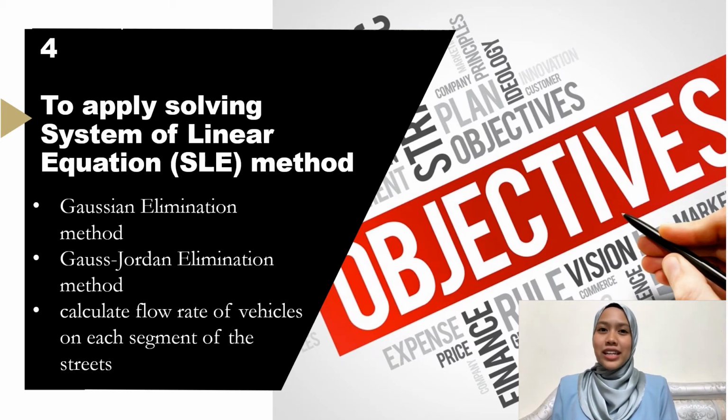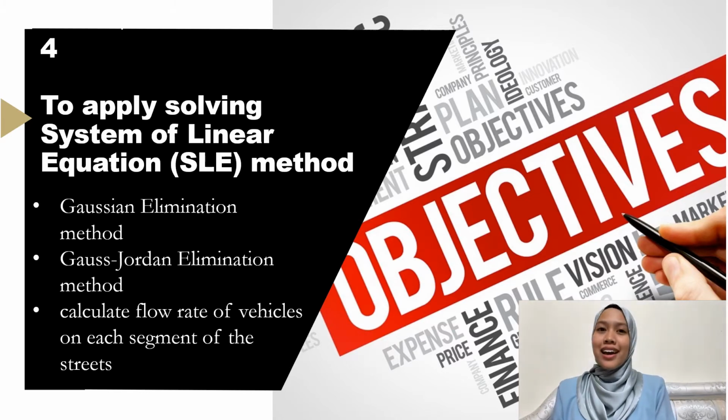And the last one is we apply solving systems of linear equations that involve the Gaussian elimination method and the Gauss-Jordan elimination method. By this calculation, we will be able to calculate the flow rate of vehicles on the road. Then, it can be shown that the flow in and flow out of the vehicles is equivalent. This will be explained later